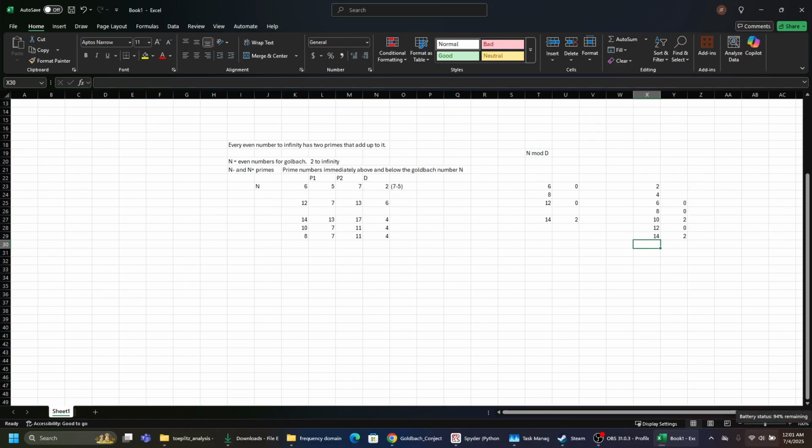Let's jump to a larger number, 26. Maybe 26 will help us. So the prime below it would be 23. Prime above it would be 27. This is not going to help at all, is it? Well, no, it's going to be a 4. So 26 mod 4, yeah. It's still a 2. Okay, so here's, I promise you, this